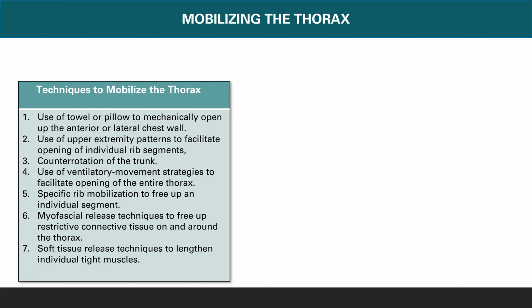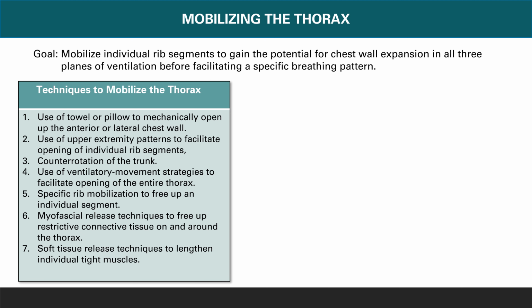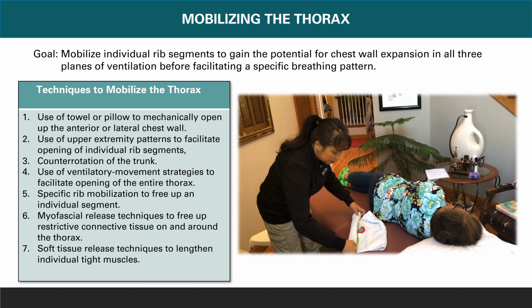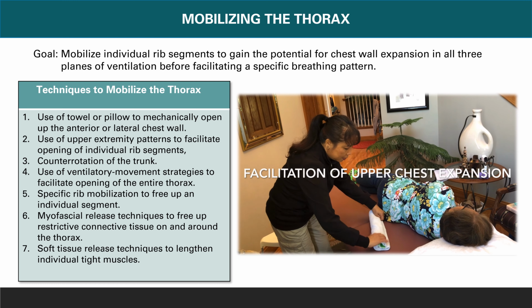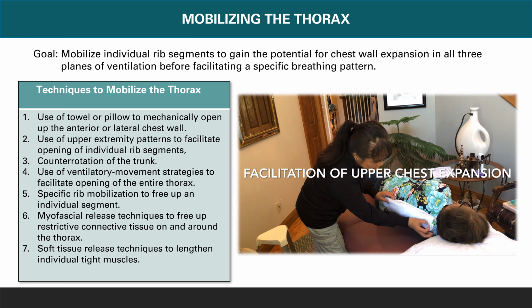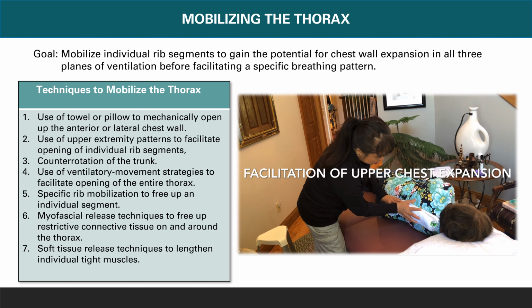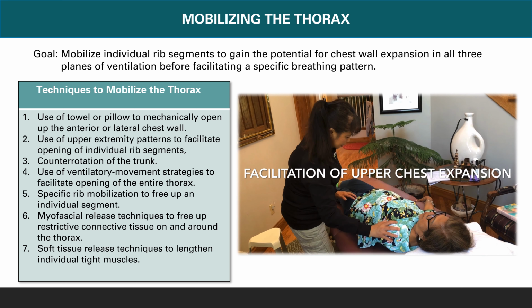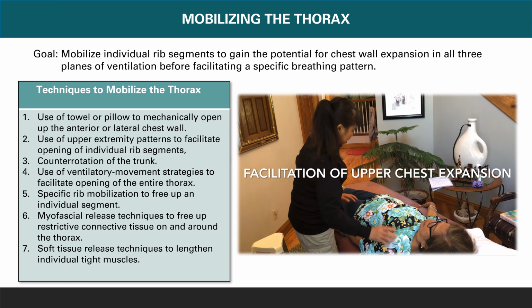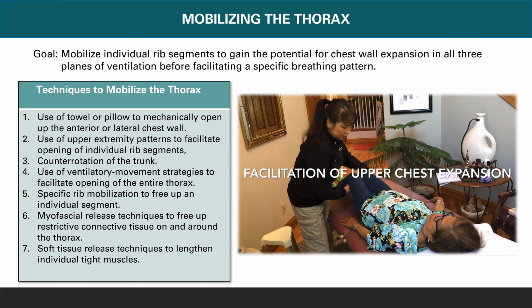The goal for mobilizing the thorax is to mobilize individual rib segments to gain the potential for chest wall expansion in all three planes of ventilation before facilitating a specific breathing pattern. Anterior chest wall mobility can be improved by placing a vertical towel roll down the length of the thoracic spine and allowing gravity to pull the shoulders back to the bed. In this position, the anterior chest is opened up, placing the intercostal and pectoralis muscles on stretch for easier facilitation